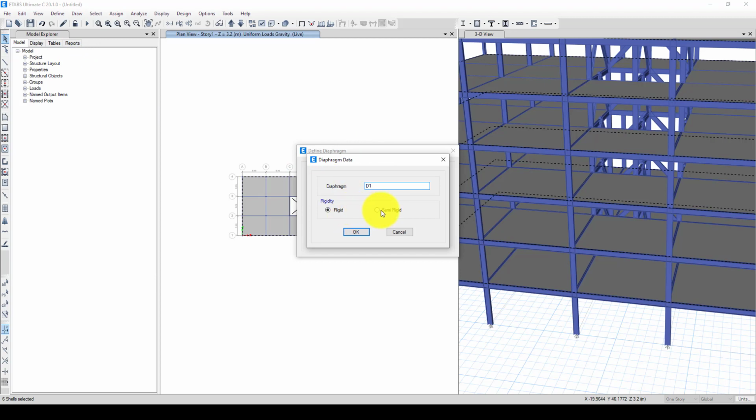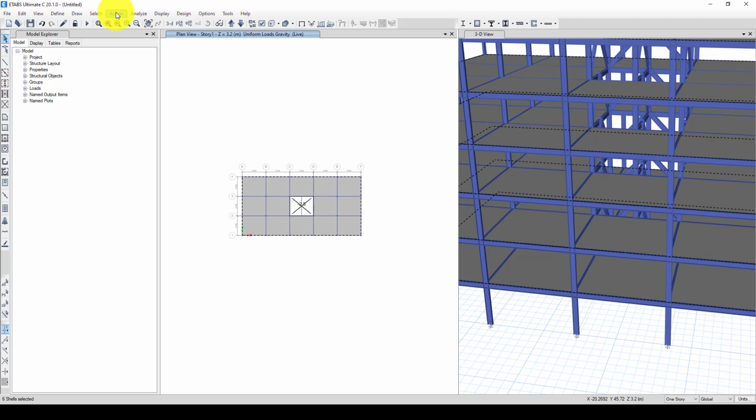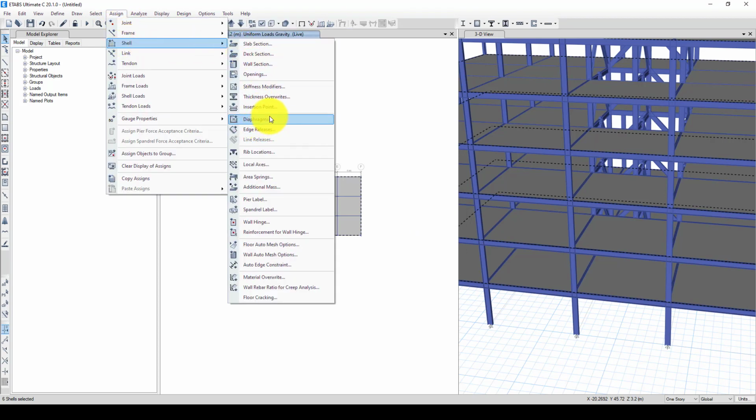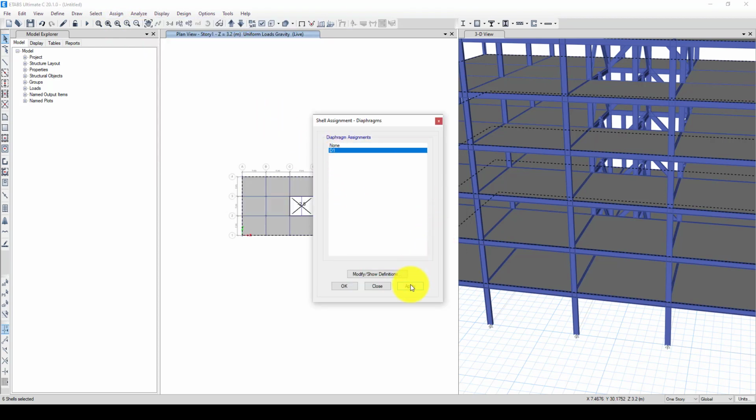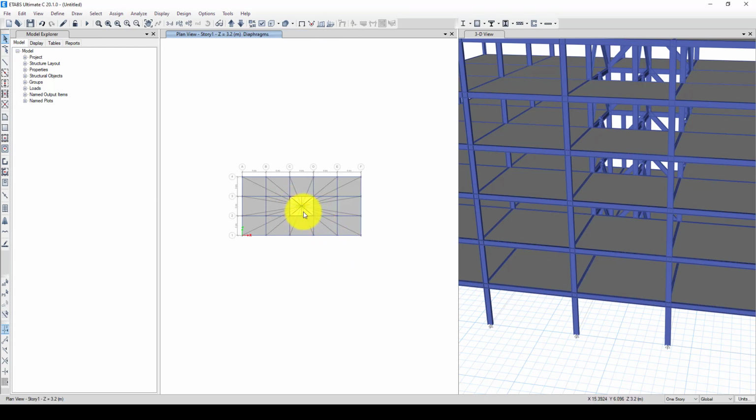We can consider semi-rigid, the flexible, which means the connection between slabs and boundary elements is semi-rigid, so a little flexibility is allowed in this type. Okay, and now I'm going to assign here called shell, and here is called diaphragm. So I'm going to apply that. So now the flexible semi-rigid diaphragm is applied because the load for the wind will be calculated based on this